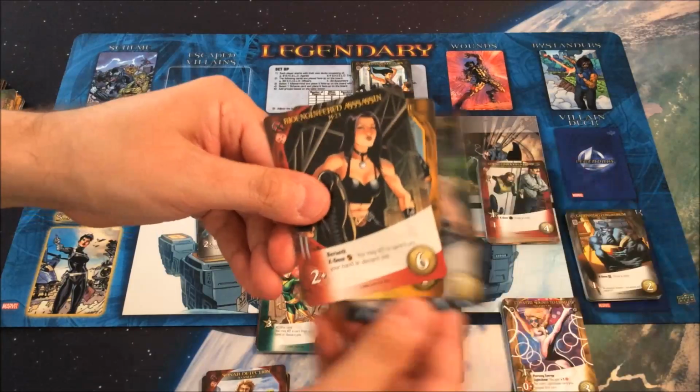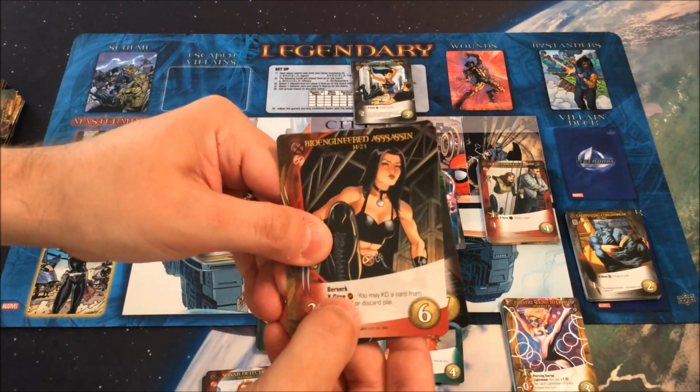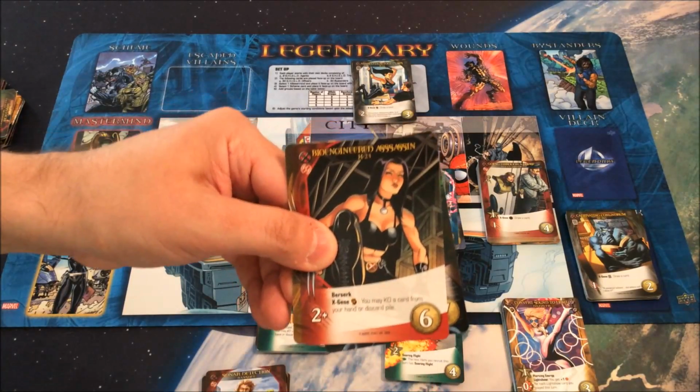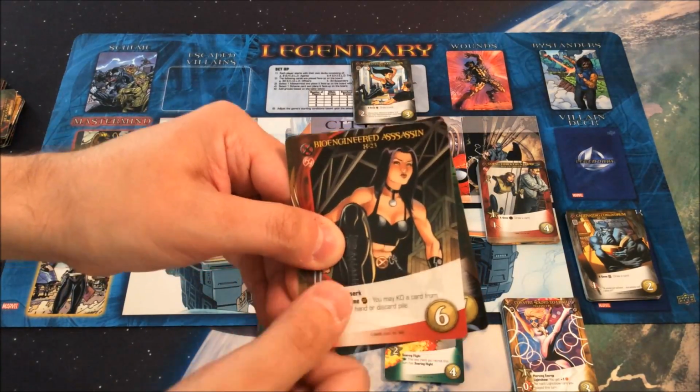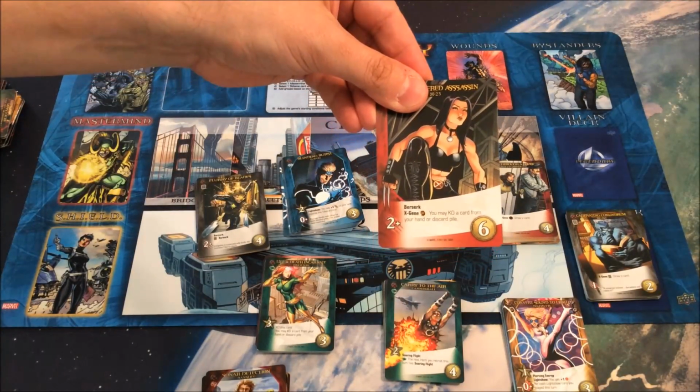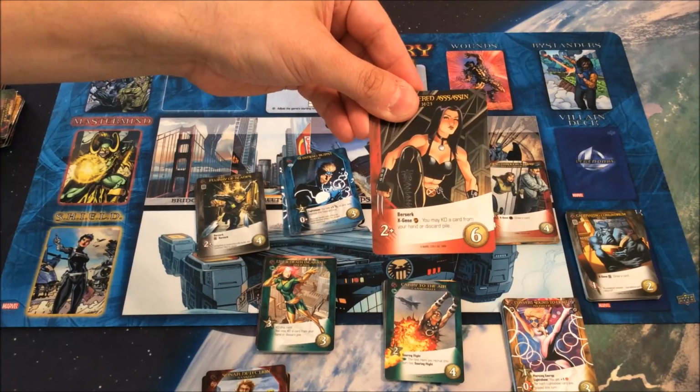And because you do the items in order, you could do the Berserk, and then maybe what you end up pulling will help you activate an X-Gene ability, which sometimes does follow that Berserk keyword. Bear in mind, though, that Berserk only does anything if the card that you took off the top of your deck to discard